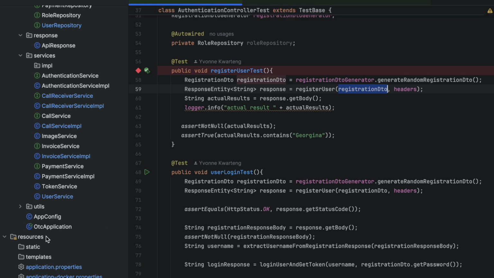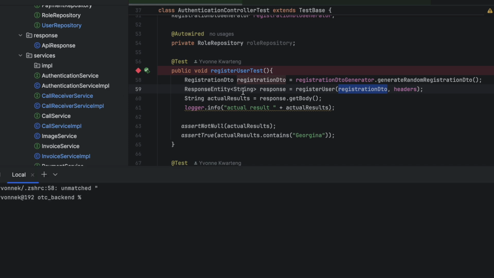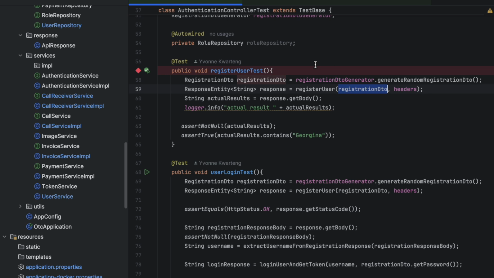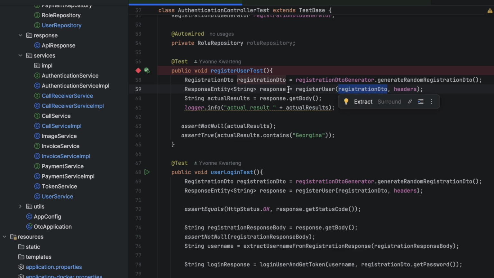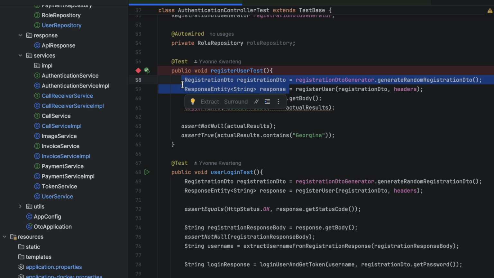So if we come back to this test again, register a user. We've explained that we need to generate the data and pass the header into this method, which we then store into a response variable, a string type response entity variable. Then we want to store the response body, so we use get body on it and store it as a string,